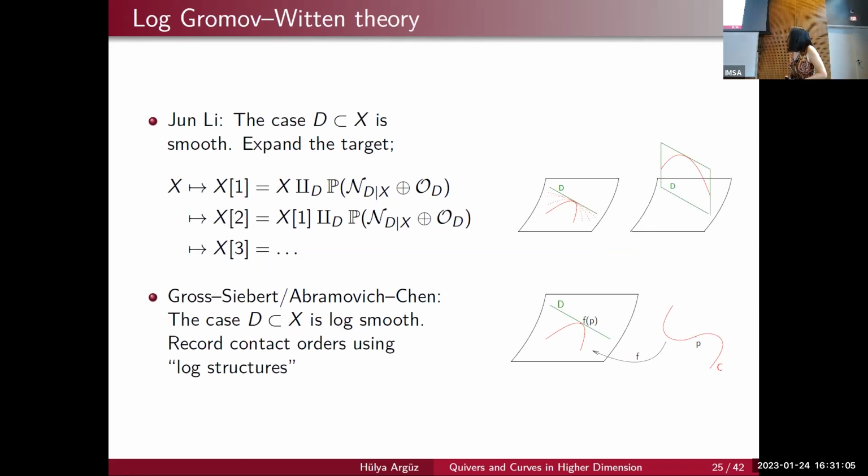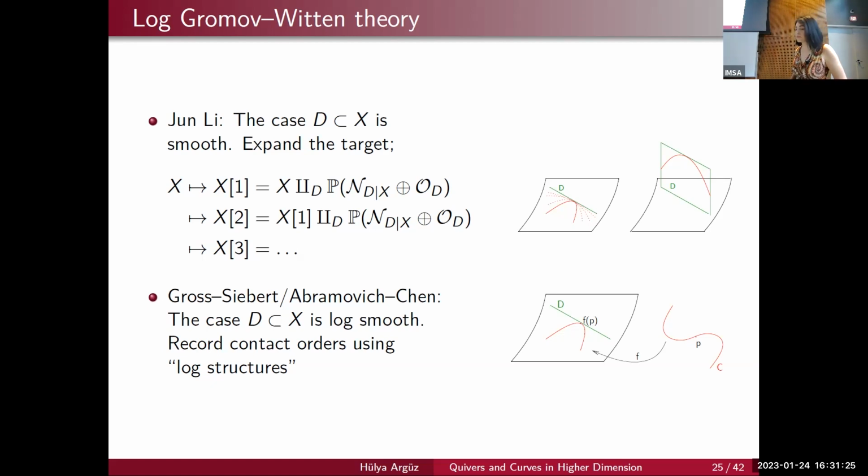Okay, so this is a brief picture of what log Gromov-Witten theory is about. It's for counting curves with relative tangency conditions given relative to the divisor in a space. And in the situations when your divisor is smooth, this theory is due to